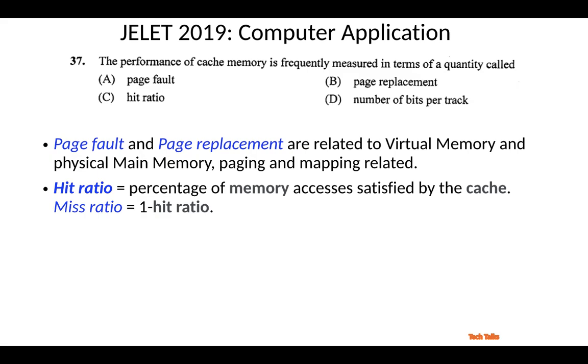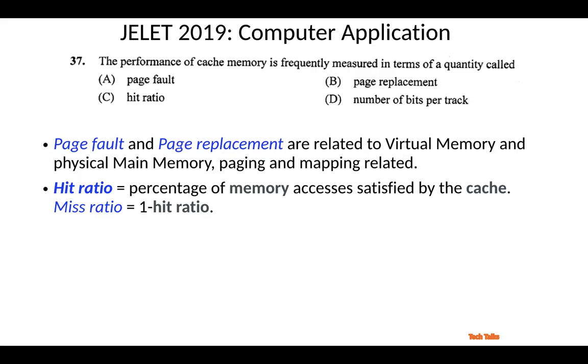The more information the processor gets from the cache, the faster the process is. And the hit ratio is the percentage of memory accesses. Suppose the data is accessed by the CPU 100 times, and 90 times it gets the data from the cache memory, but 10 times the data is not available in the cache, so it has to go to the main memory to fetch the data. Then in this case the hit ratio will be 90%.